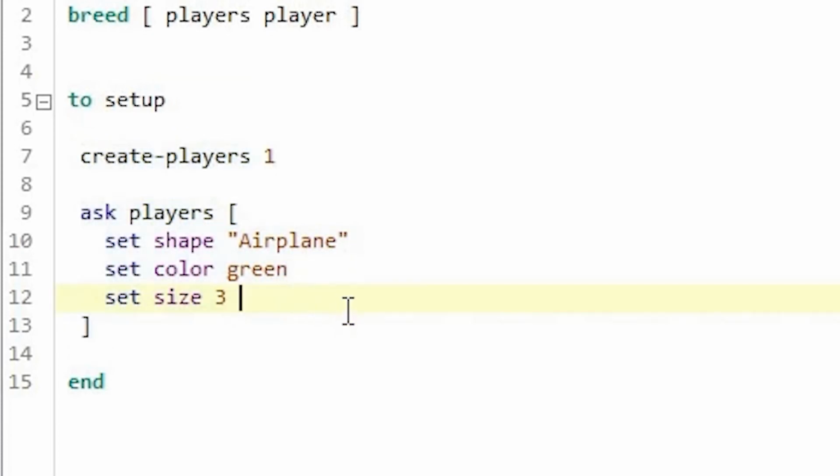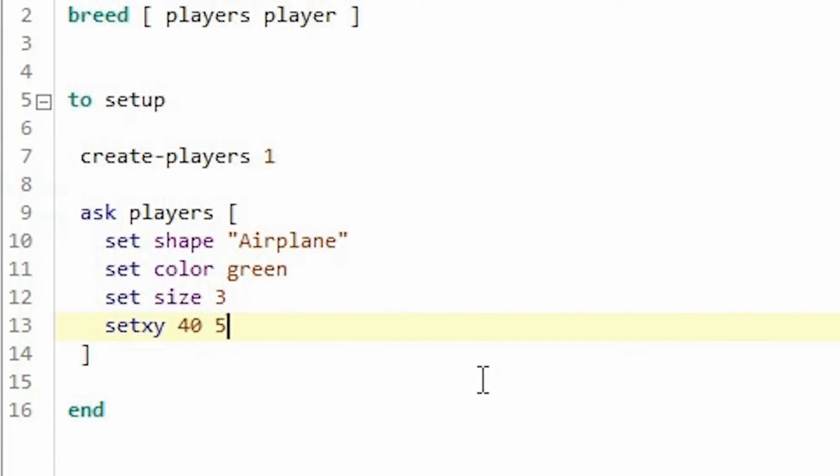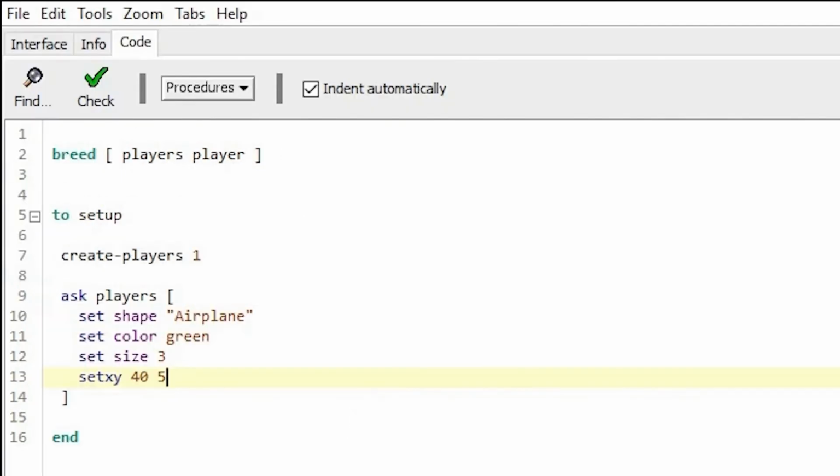So I'm going to give the x coordinate as 40, and we can also define a y coordinate as maybe 5. So here I'm going to say set xy, my x coordinate should be 40 and my y coordinate should be 5, and let's see what happens now.